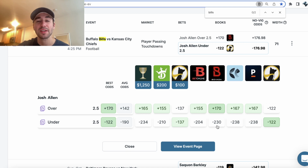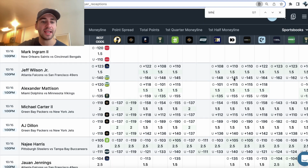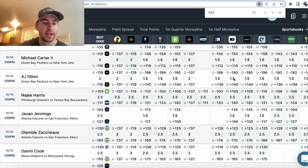So either the entire sports betting market is wrong, the millions of dollars that sports bettors are wagering on player props and Bills Chiefs, the whole market is wrong, or this is the best bet ever. So this is the first play you just have to be on. I mean, Josh Allen under 2.5 passing TDs in a flex play. Ridiculous value. So next, I ended up using the screener to find two pretty cool props in the player receptions